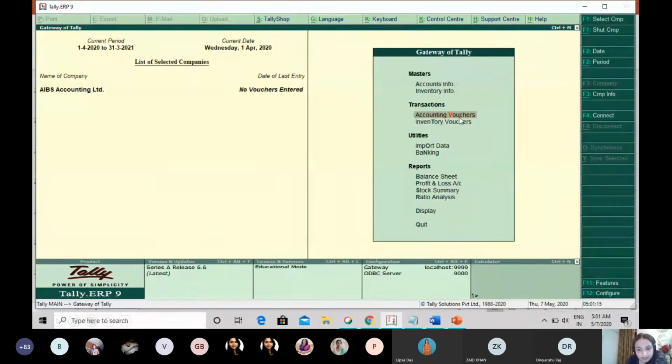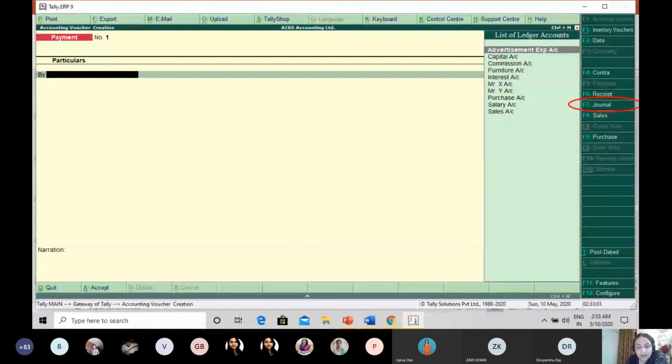Now we are going to go to accounting voucher for the journal entries that we pass. Once you go to the accounting voucher, this is the screen that would come. On the left, we can see the buy button, right? What I prefer is, we have an option, either see the buy button and the to button, or see the debit button and the credit button. I always prefer to see the debit and the credit button. Accordingly, I can put whatever needs to be debited in the debit column and whatever needs to be credited in the credit column.